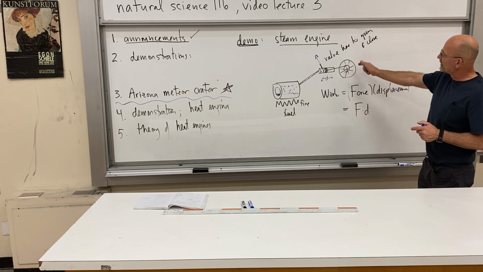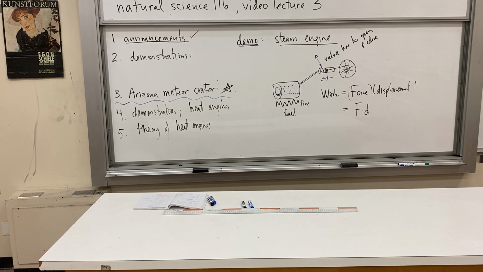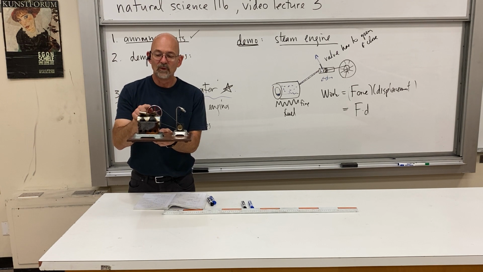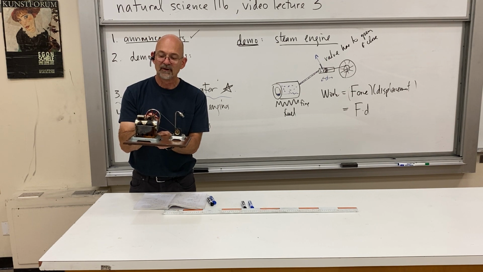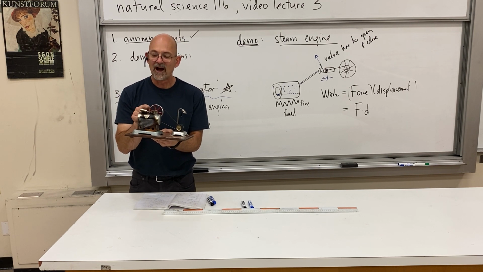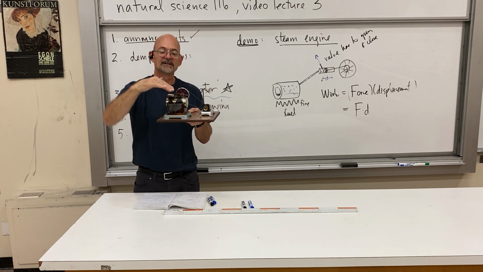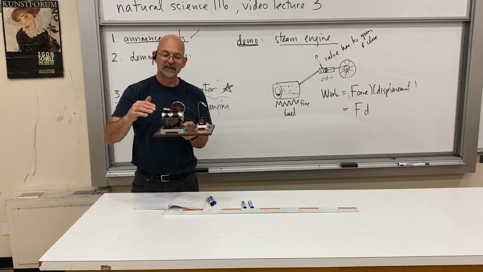So there's your schematic diagram for the steam engine, and the question is, where was the valve here? That's kind of tricky. So I'm just gonna hold this thing up, and if I turn this wheel, you'll see that the cylinder's rocking up and down, okay? And what's happening is the valve is shut for this half turn, and then it's open for this half turn, and it's shut and open. Now, the way it opens and shuts is when the cylinder rocks up and down, a tiny little hole is uncovered and covered, uncovered and covered,